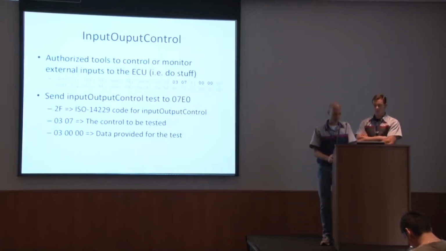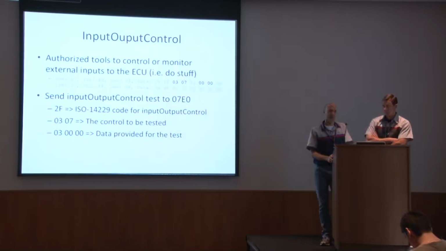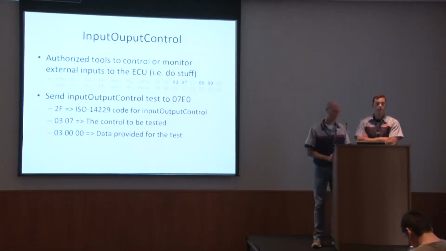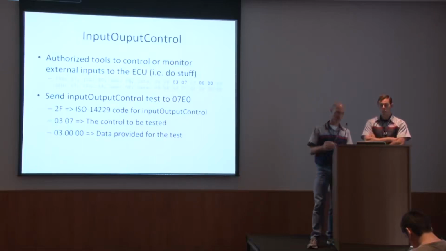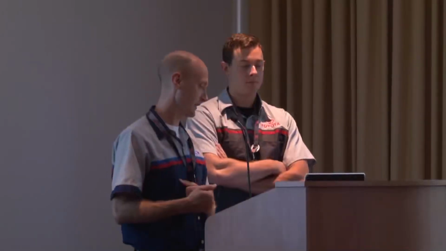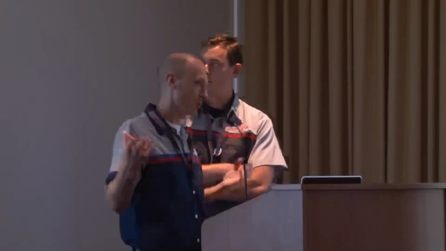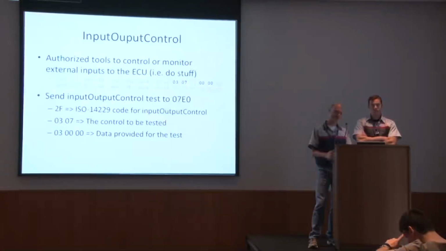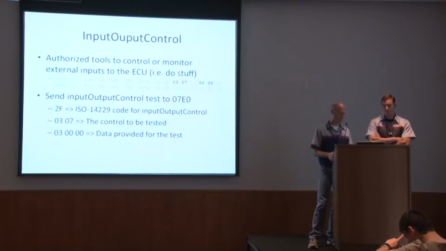And this seems really promising at first. You're like, oh, I can just send it and tell it to crash itself or whatever. But first of all, it will ignore you most of the time. And second of all, there's no document to indicate what 0307 is. You have no idea what that's going to do. So you would have to try every value, and if you had the wrong parameters, then those went. It's actually very difficult because you have no idea how it works and how to get it to work.